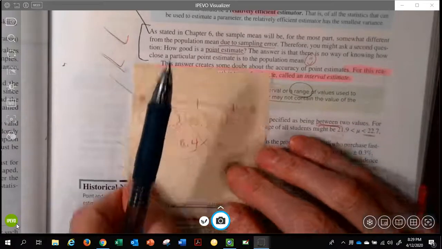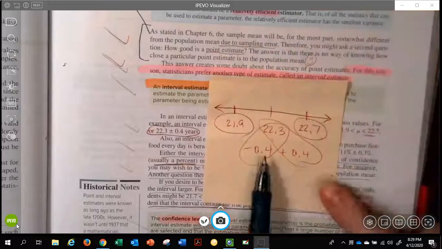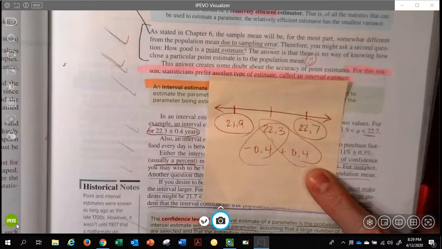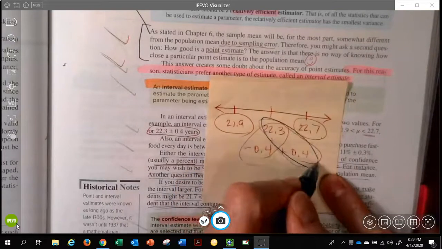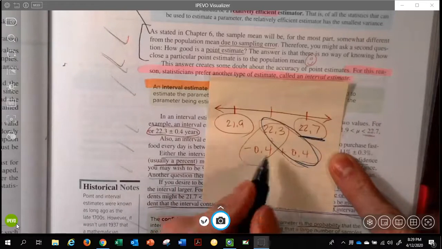And so I put this little piece of paper together for us. Let me put it over here. If we did put this 22.3 kind of in the middle, and if we did add 0.4 to it, it would give us a top number of our range. And if we did